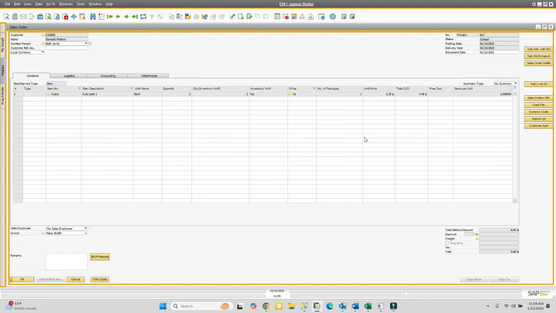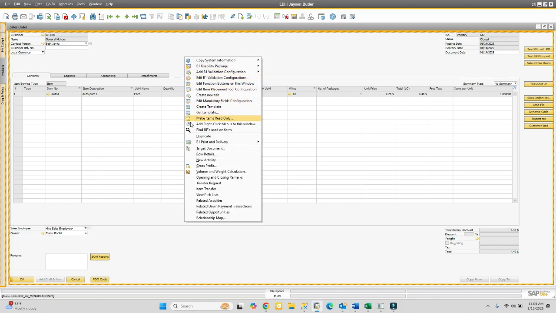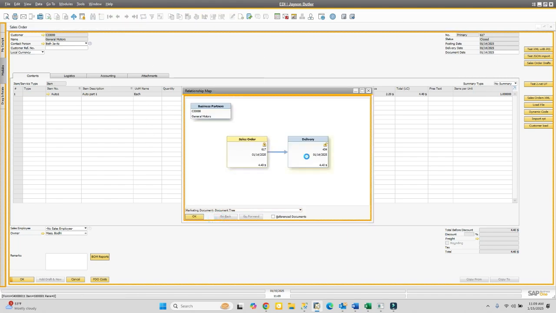We've got a third case. What if I wanted to go and just sell a quantity of one of this, not a whole box or anything, of the Auto 1 part? I would, during the sales order, I would go and say inventory unit of measure is yes. I would use the each, and in this case I'm selling 2 of them. And then if I look at the relationship map and go to the delivery order,